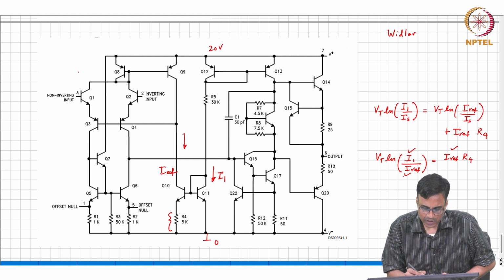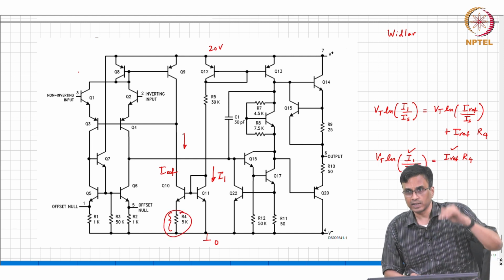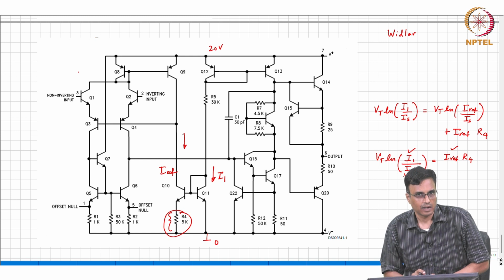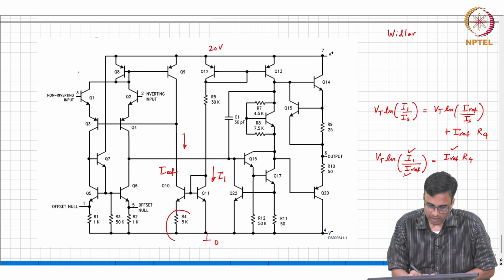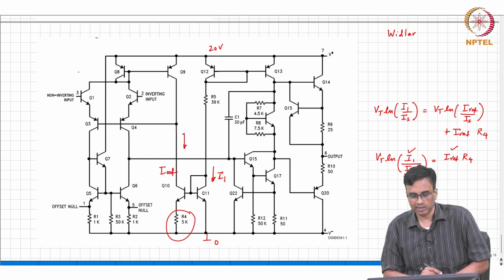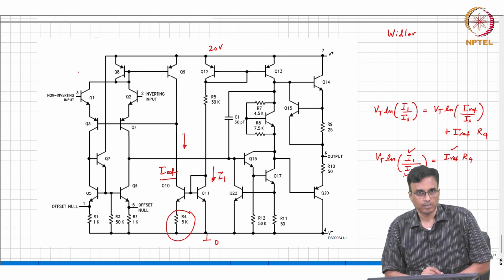So, in other words, the drop across this resistor has an exponential effect on reducing the current, correct. So, for a very small resistor R4, you can get a very small current,